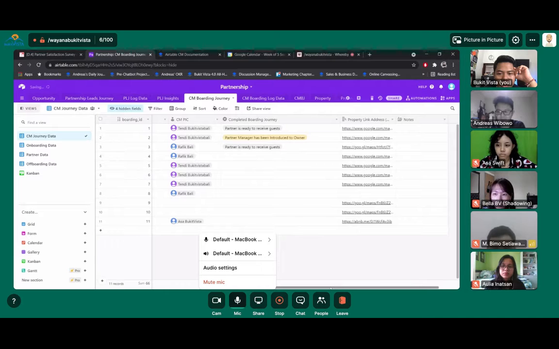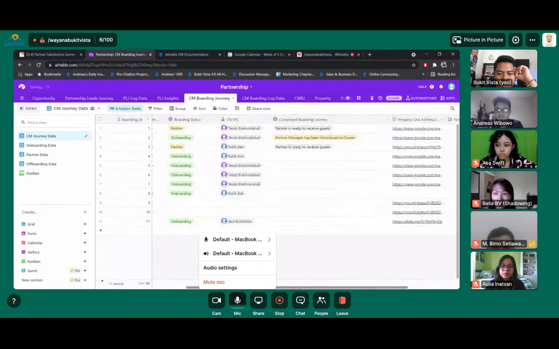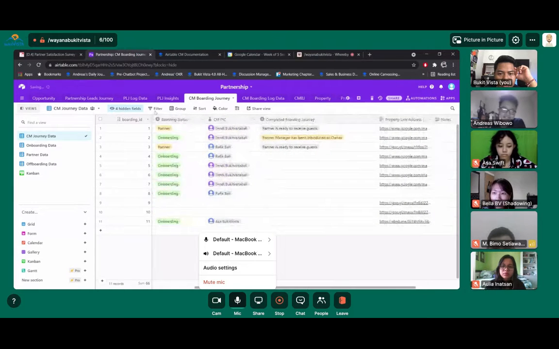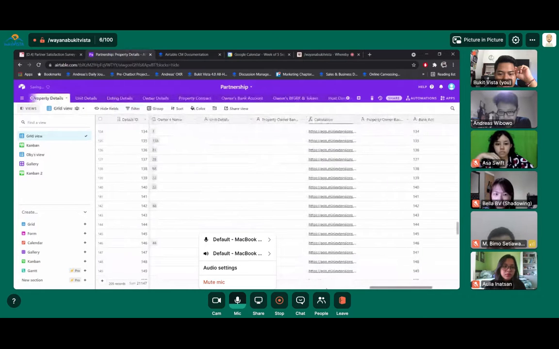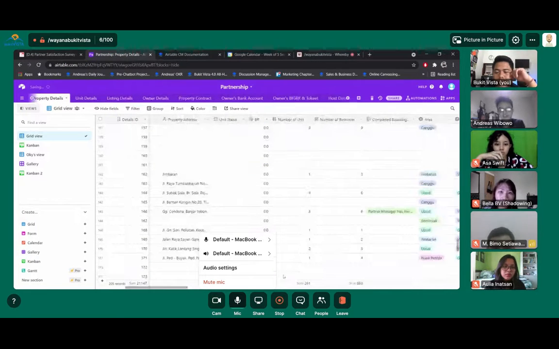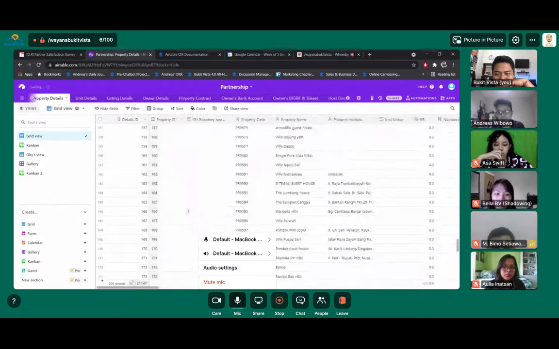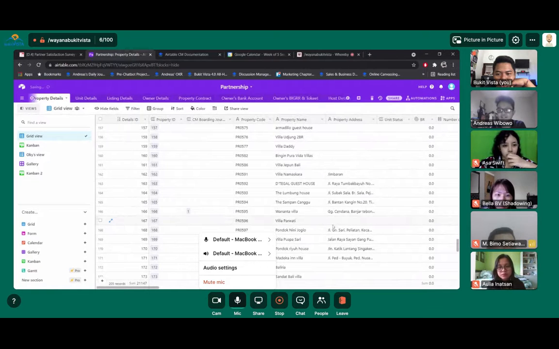I will explain this later, but if you need the information now, basically when BD is approaching the property as leads, they will of course input the data and property details before you. And when you do the online inspection, you will complete the information that BD has never done before on the PLG and on the PL partnership journey, basically.